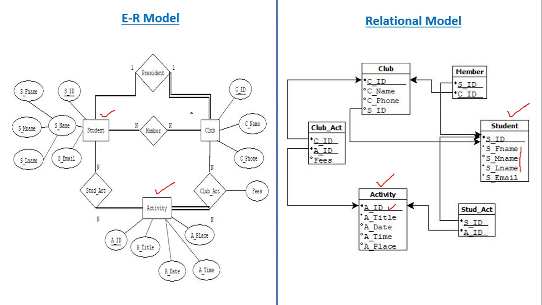Okay, so for club we are having here a separate table or relation. So what are the attributes? There are three attributes provided: CID, CNAME, CPhone, where CID is the primary key. So here also we are having the CID as the primary key for this club. So we are having these three attributes as it is: CID, CNAME and CPhone. Okay, so what is this one more attribute and why we have added that attribute? Let us see that attribute a bit later.